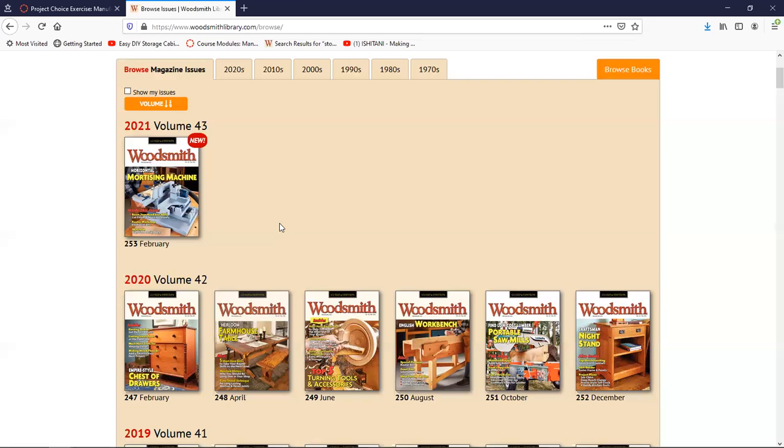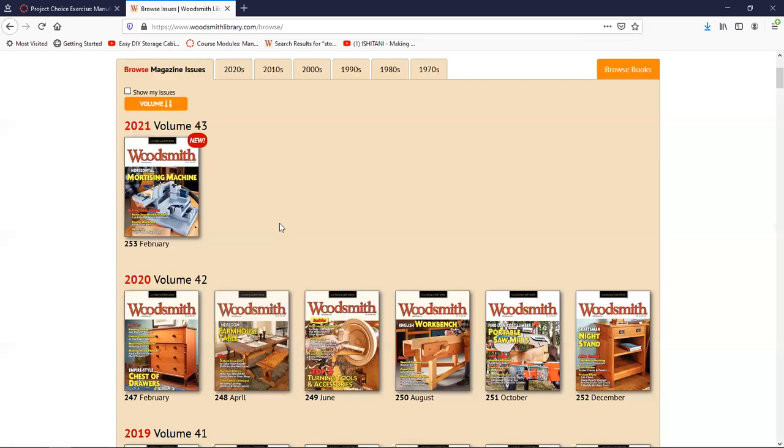Every single project, with 2 exceptions, comes from these. I have 2 sets of plans for projects that I paid for that have nothing to do with these magazines that we use a lot of. There's 2 projects outside of these plans that you would be allowed to do, okay? So this is what you have to choose from. So I want you guys to get comfortable